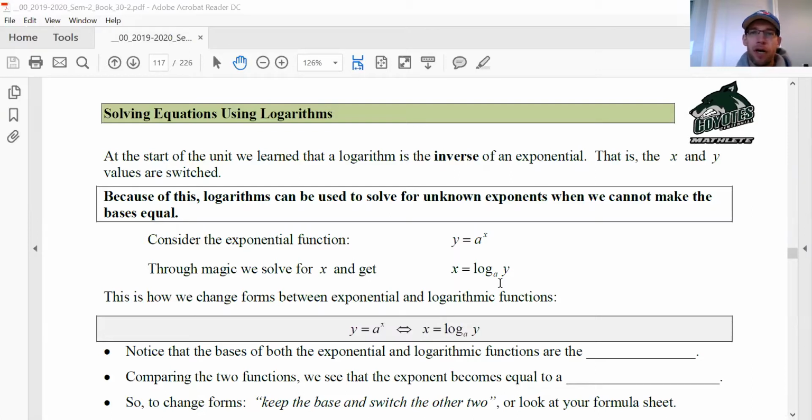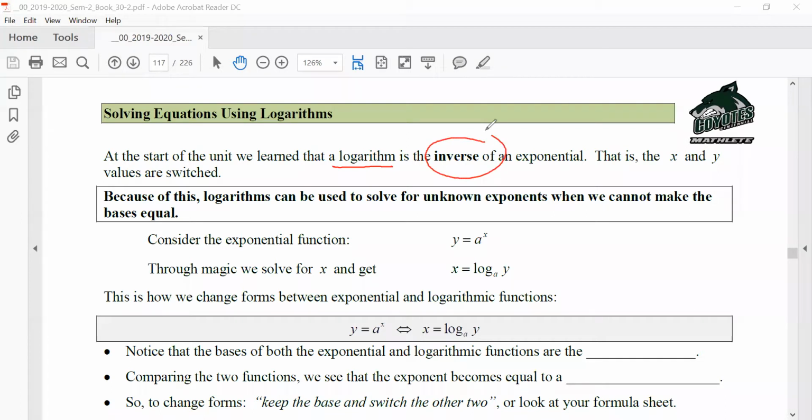I'm going to hide my face, and we are going to start solving some exponential equations when we can't make the bases the same. To do that, we're going to use logarithms. So what do we do when we can't make the bases the same? What we're going to find is that this thing called a logarithm is going to be very helpful. At the beginning of the unit,